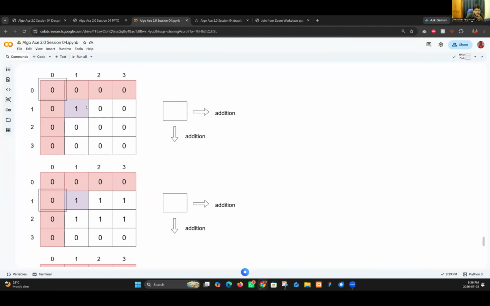All are 0, now 0, 0. It's like adding 0 to here and here. Again, adding 0 to here and here. Adding 0 to here and here. Adding 0 to, there is no way, and here. Let's come out to this, adding 0 to here and here. No value. Adding 1 to here and here. Now what happened? This one will be 1 and this one will be 1.